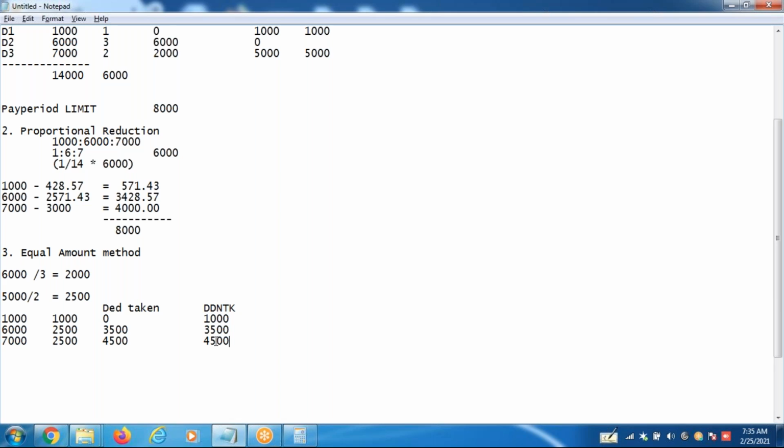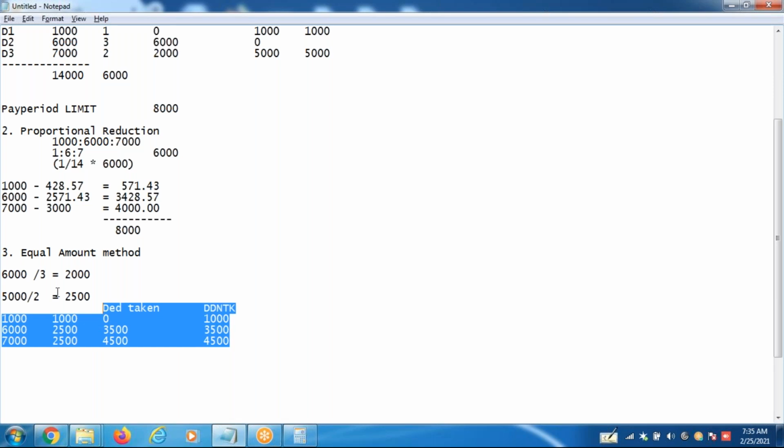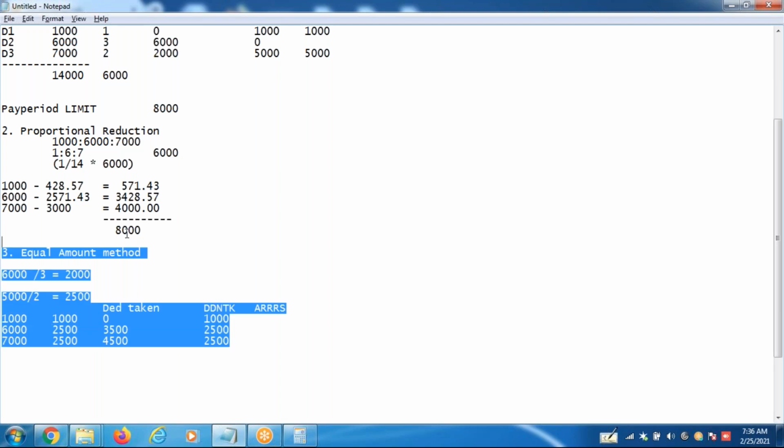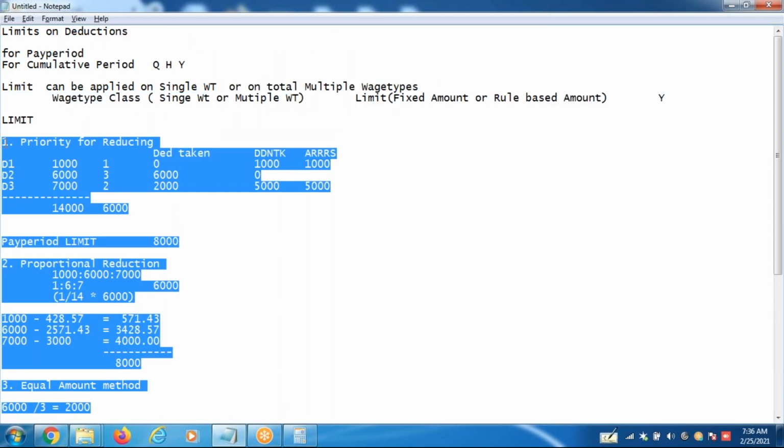The client's business rule. If you want to recover it in the next month, also store it in arrears. So these are the 3 methods in which we can reduce the deduction.